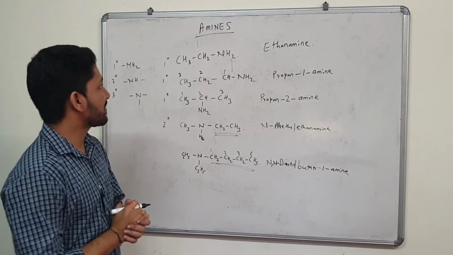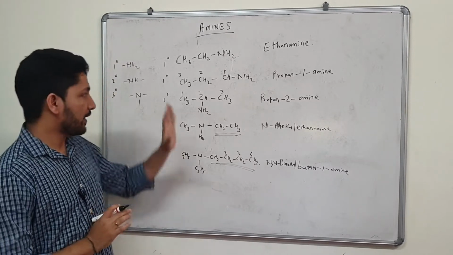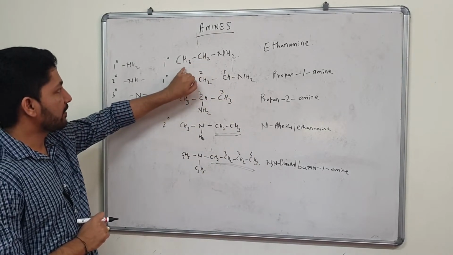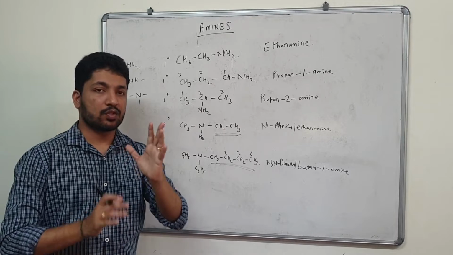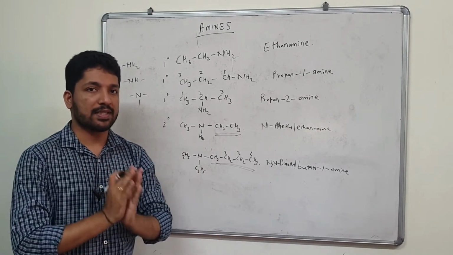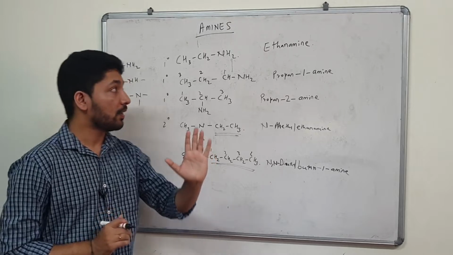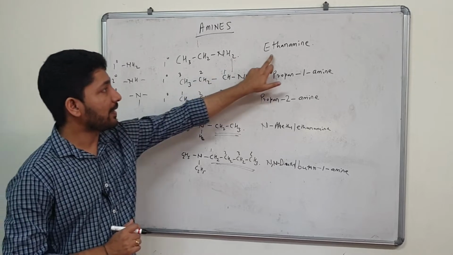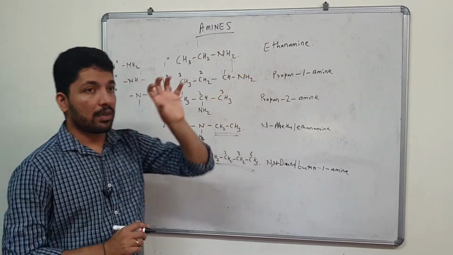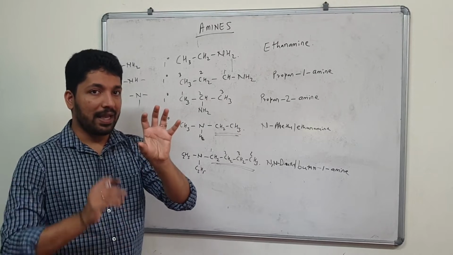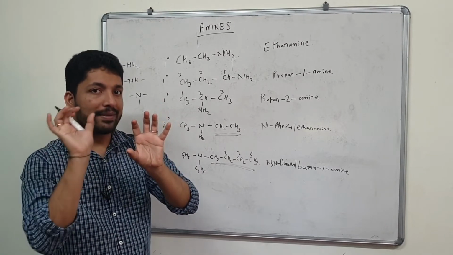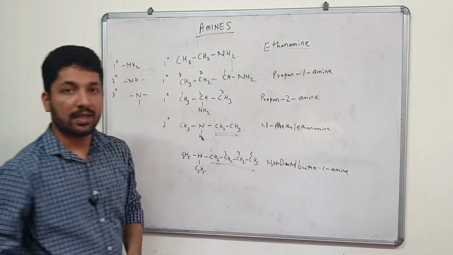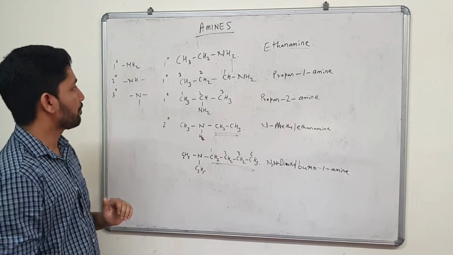Okay, next we study nomenclature. I've already written on the board so that you understand. And you can see that last class we saw methanamine, how it is written. It is just CH3NH2 and it's named as methanamine. If you have an ethyl group attached to NH2, you name it as ethanamine. So did you see the parent alkane's name is ethane, and the last E is removed and replaced by the name amine. So E is removed and amine is put and you pronounce it as ethanamine.